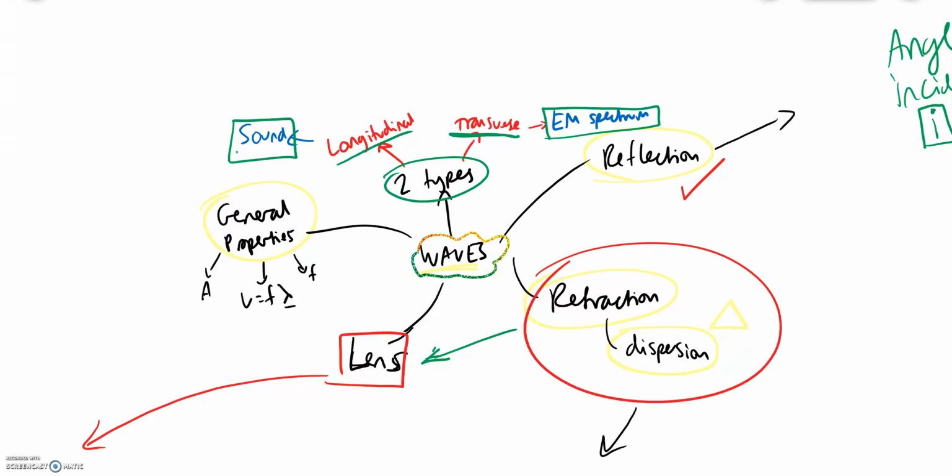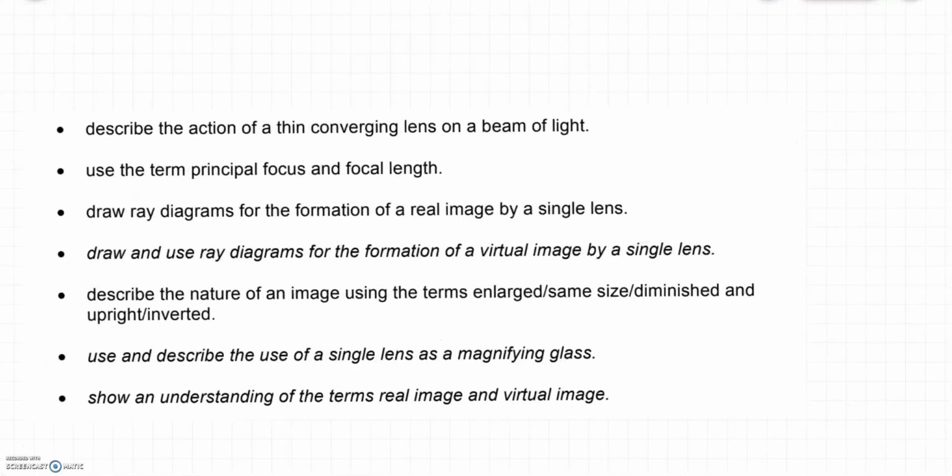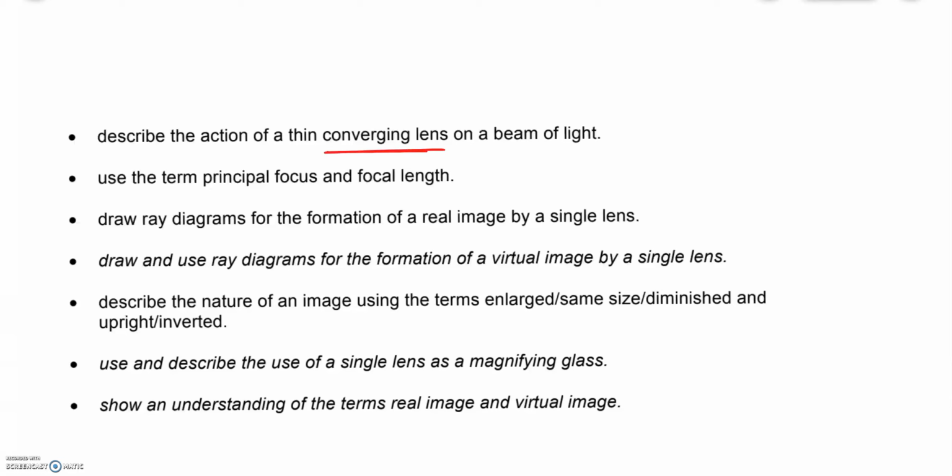Now in particular we're going to be looking at something called the diverging lens, as you can see from your first syllabus point. We're also going to come across some new terms, principal focus and focal length, and the principal axes as well. And then in these ones we're all going to be drawing ray diagrams to see when we place the object at different locations, where does the image appear? And that's quite important. So let's start off with the